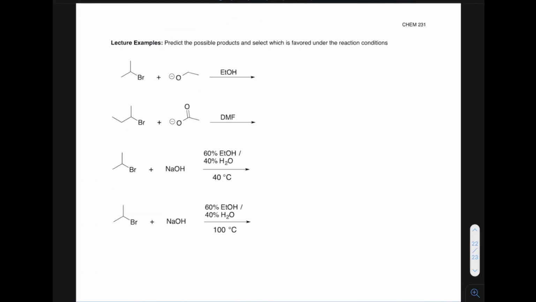So kind of a lot of things to take in here, but hopefully as we do some more examples, which we'll go ahead and do in lecture, we'll be able to better differentiate between an elimination and a substitution reaction and which type is actually occurring, and if there is a mixture or if one is primarily preferred over the